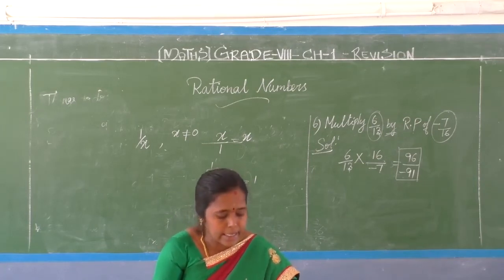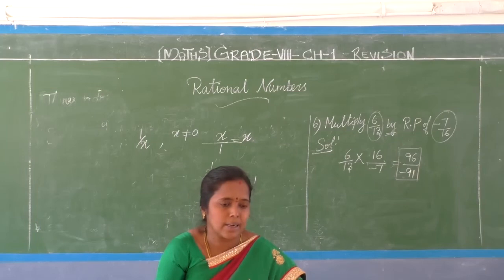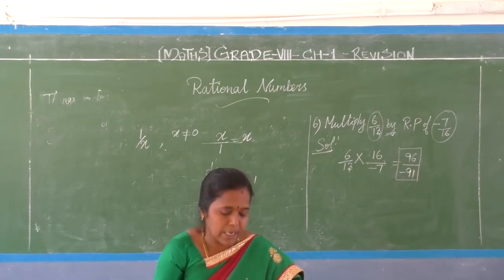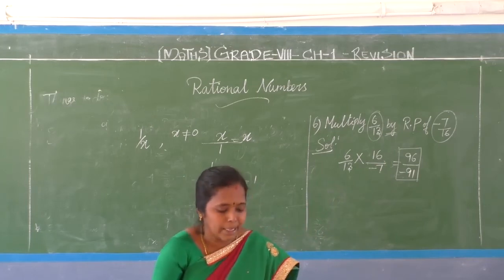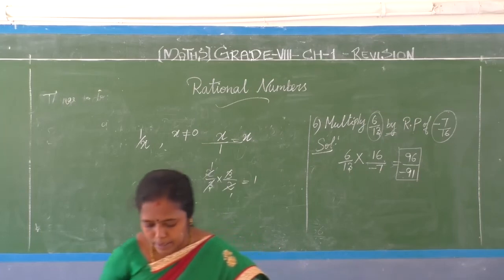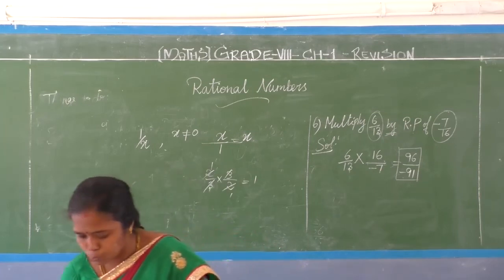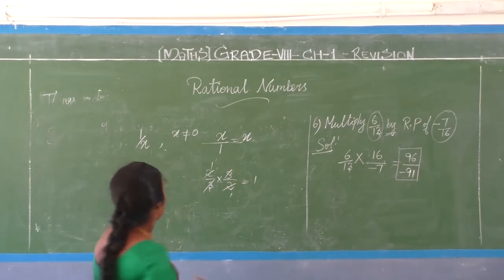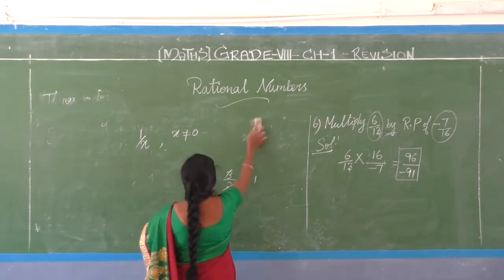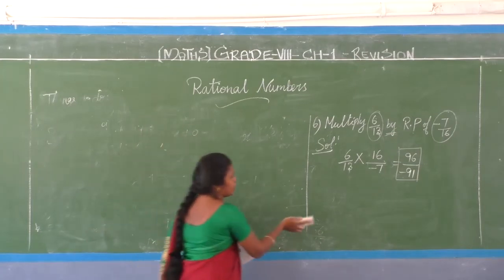Clear? Exercise 1.1 completed. So children, don't waste your time. You must start completing the classwork. So based on this you have to complete exercise 1.1. The remaining sums also have to be completed in your classwork. Clear? So some more extra questions I am going to do now. Just watch. Just a few questions only. This also is to be copied in your classwork.